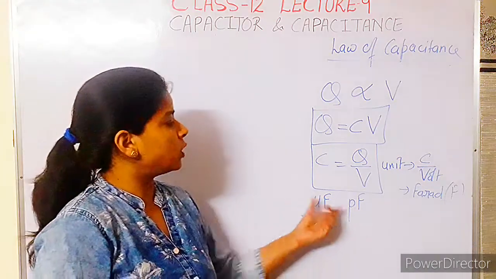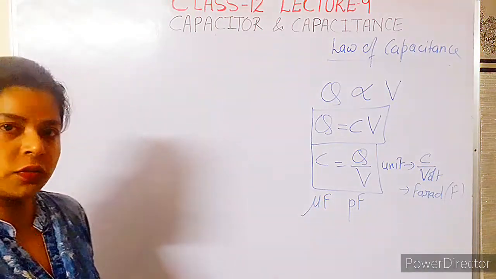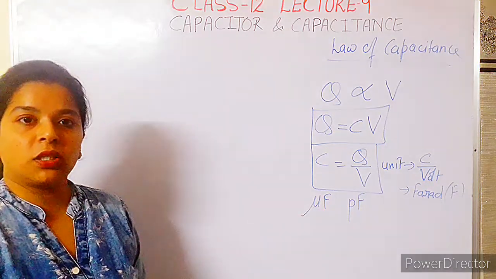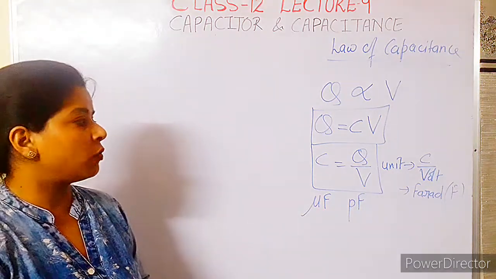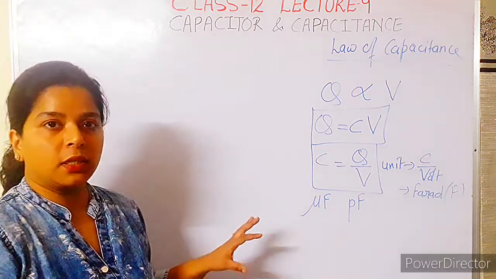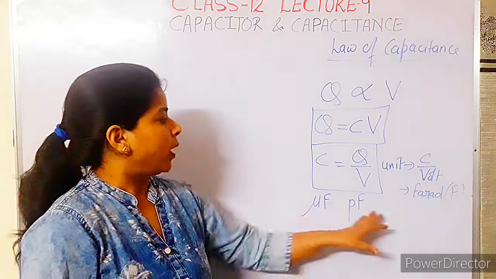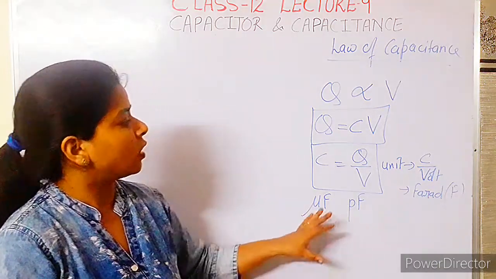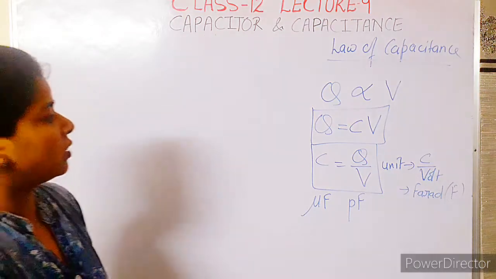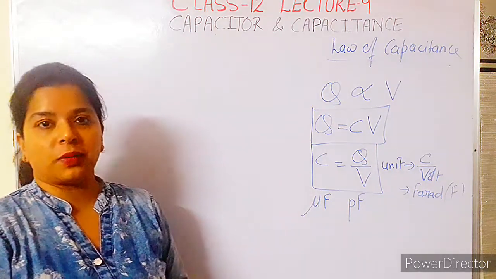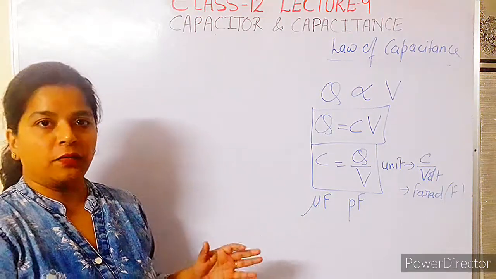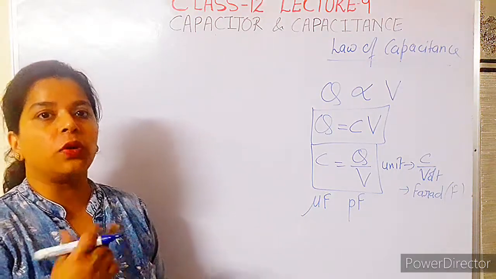We are using a small capacitance value, a small storage of charge. Though we can connect these capacitors in series or parallel combination on the basis of our requirement, how much capacitance we need in a circuit. So that is why these smaller units can also be very useful. That is the importance I was telling, the limit of capacitance. Each and every capacitor has a certain capacitance value, and we cannot load a capacitor beyond that limit.